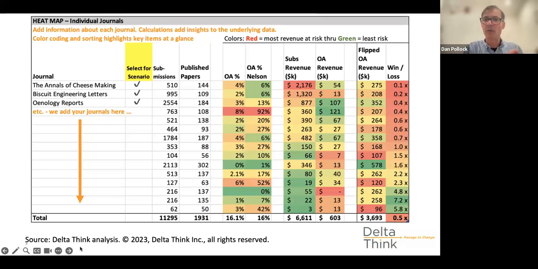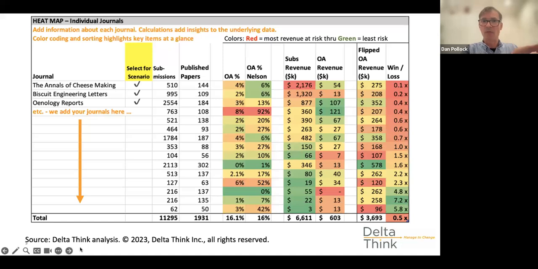Really, then the value, instead of the revenue coming in for a journal, you might be analyzing the cost of a particular journal or subscription or collection. So essentially, we're converting activity into money and allowing people to get a sense of where the priorities might be and the big changes might be. So you can then focus on what's important rather than getting overwhelmed by lists of hundreds of journals and not quite knowing where to start.